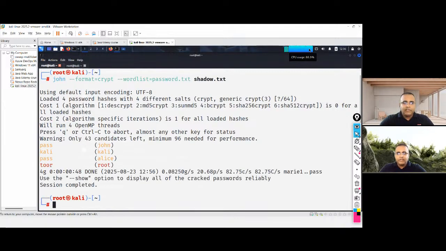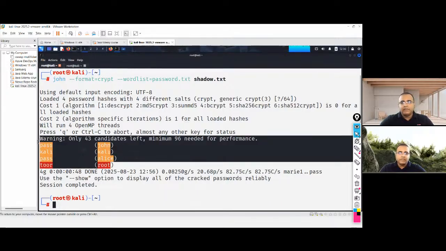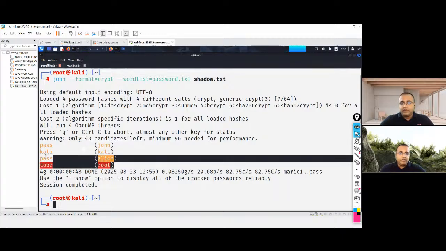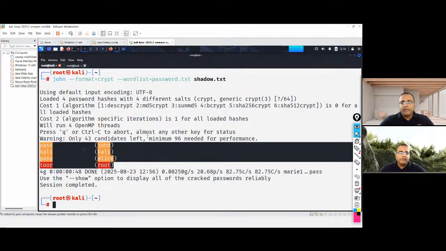Guys, you can see it was able to crack all 4 users' passwords. That hash file is going to be there, right? This is how easy it is going to be to crack. Think about 14 million. We are able to do it in, I think, less than a minute. It was able to do it in 48 seconds probably. Think about me running Kali Linux directly on my laptop with the graphics card and everything. This will be much faster than running in a VM. And 14 million hash calculations is not going to take a lot of time, even in my system. Probably it will be able to do that in 1 or 2 days' time, maximum, not more than that.